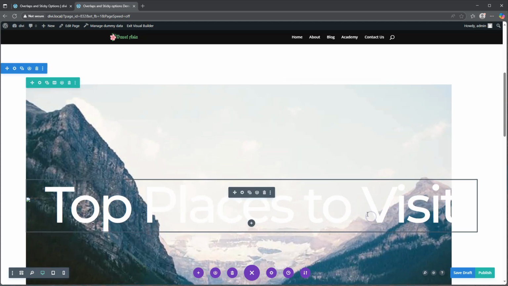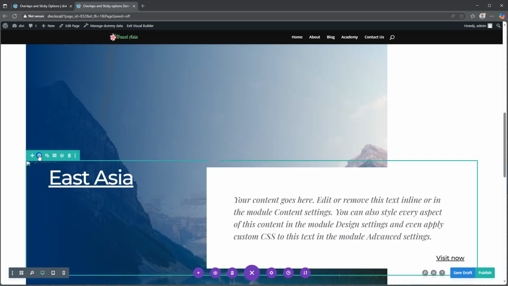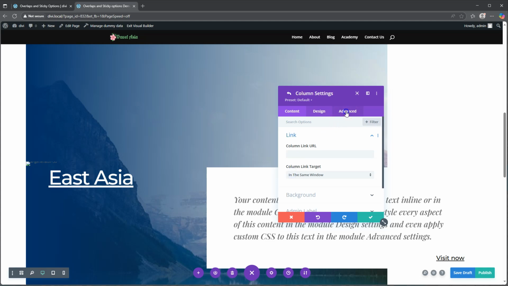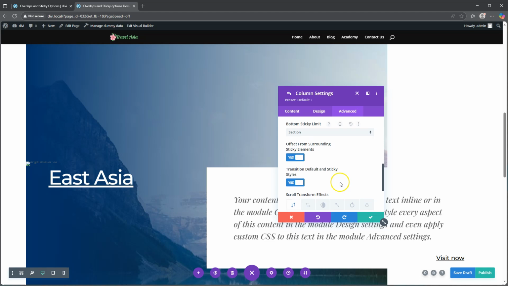All right, now let's jump into columns. Let's go to column 2. And we make this one sticky as well. Stick to top. And this one we want to offset. So let's put in 150 pixels. We also want to set this to the section, but we don't want any surrounding elements, and we don't want to transition the default and sticky styles. Okay, then we can save that,